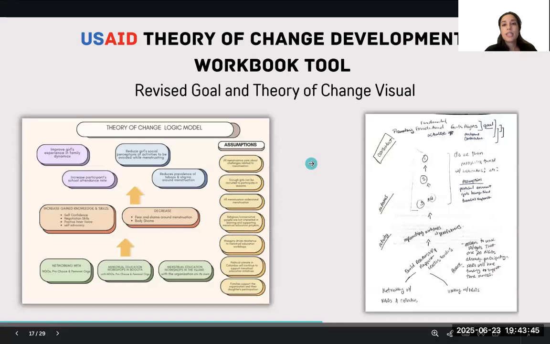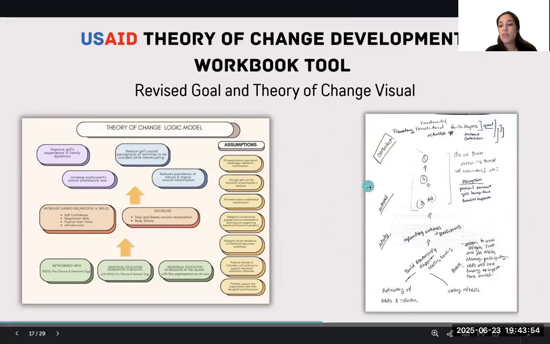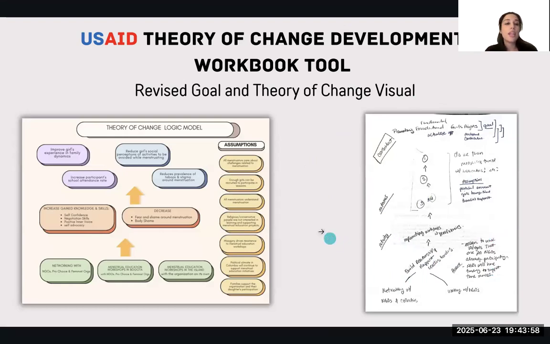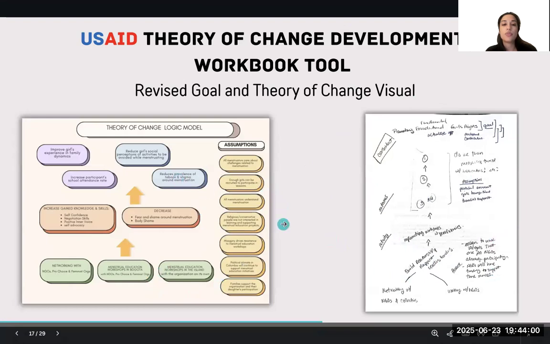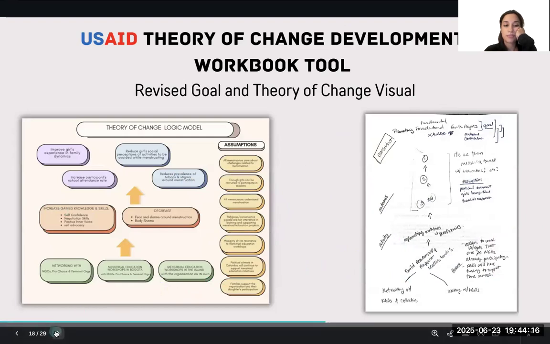So then here I created visuals. This was our brainstorming session. On paper, we were just writing out, okay, what do we think? How do we think this visual could look? And then later I came back to my desk as I was synthesizing everything and created a type of logic model, a visual. So yeah, this is a little bit of that.